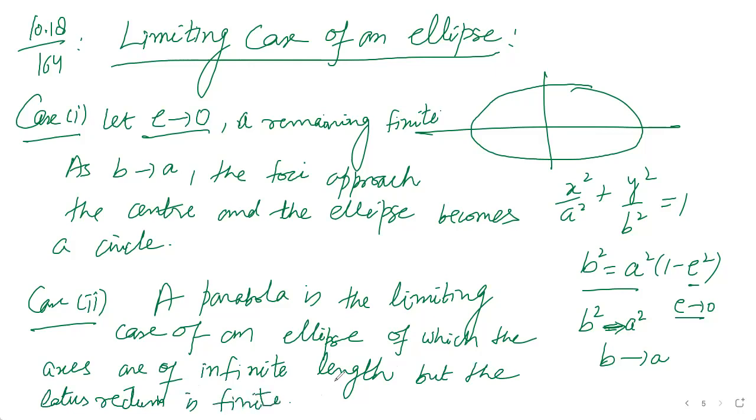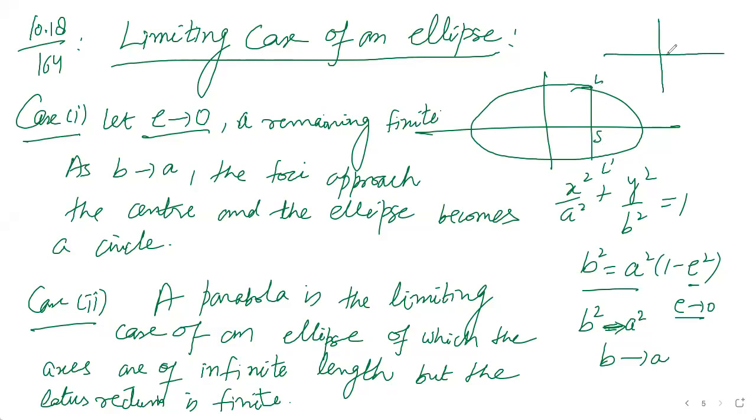ठीक, parabola बन सकता है कब, जब axis तो infinite length की हो, यानी कि ये axis भी infinite length की है, ये axis भी infinite length की है। तो अगर आपकी दोनों axis infinite length की है तो क्या होगा, you will be having a parabola, but condition is there that latus rectum should be finite. तो latus rectum क्या था, latus rectum था ये distance between a point L S L', तो ये तो finite है। हम इस तरीके से limiting point लें कि ये चीज तो finite रहे।